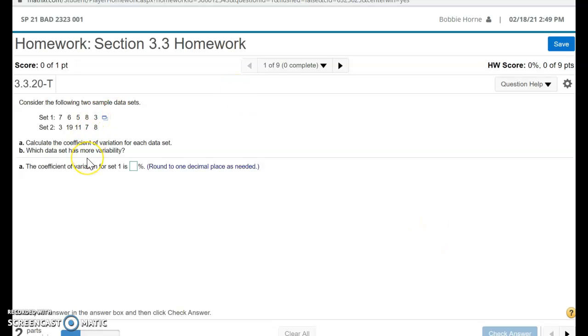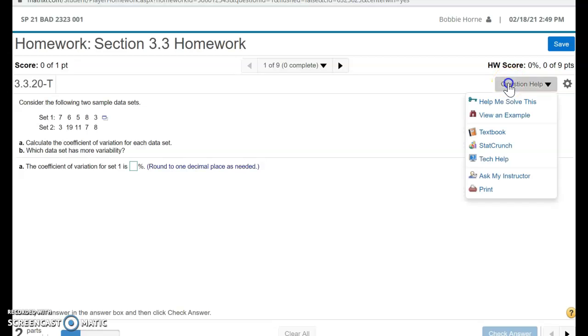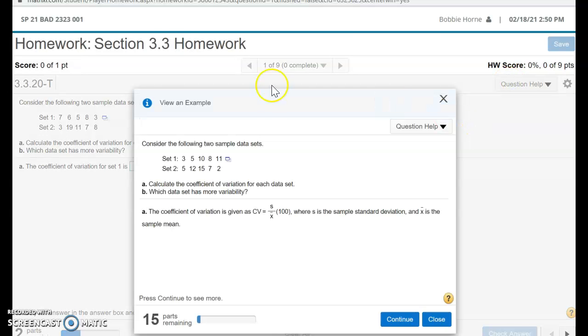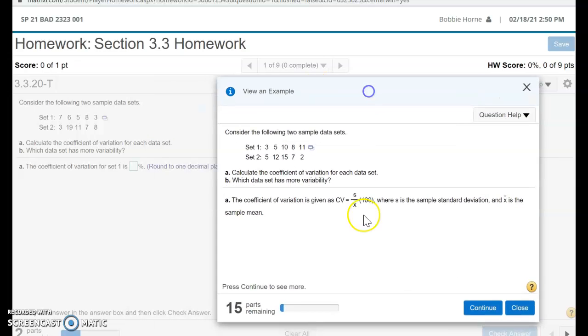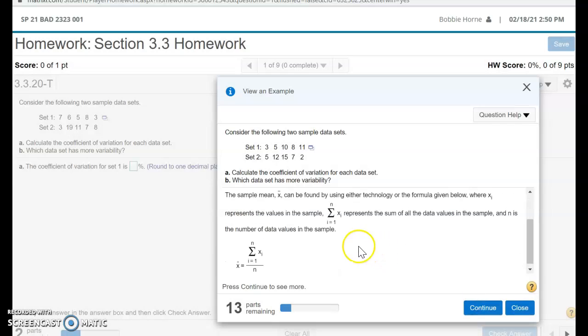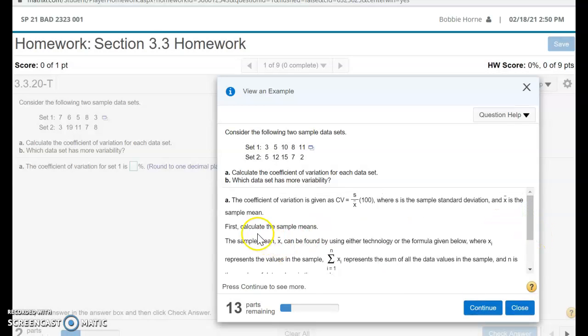Okay, so for this one, I just pulled up one that I could work. What you might have to do is view an example to see how they're wanting this worked. Of course, we have the formula, which is where you take the standard deviation divided by the mean times 100. But if you look at the steps, it wants you to use